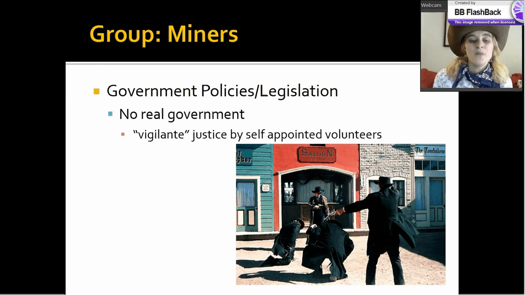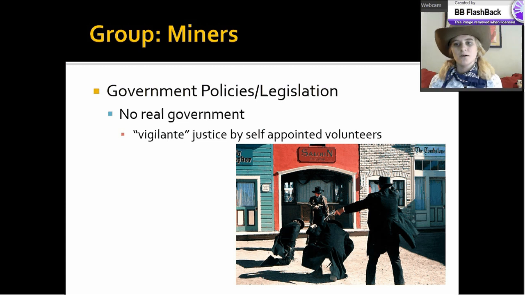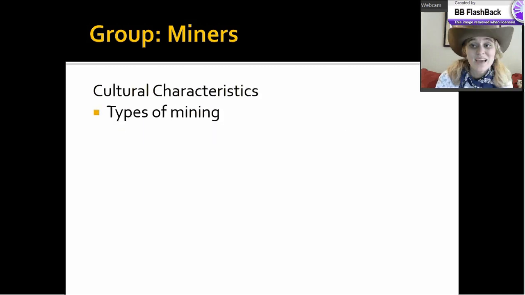and that's where this Wild West ideal comes from. The real problem is because this is not officially a United States, because it's not a state yet, there's no real government out there. So in these Wild West towns, and in these mining towns specifically, we get this kind of vigilante justice. So think like Wyatt Earp or Batman, right? So these volunteers, these sheriffs who are gonna, you know, there's this "town ain't big enough for the two of us" kind of thing. That's a real thing, right? So if you've ever watched like a Western or something, you've seen this. It's pretty typical, and again, pretty accurate.